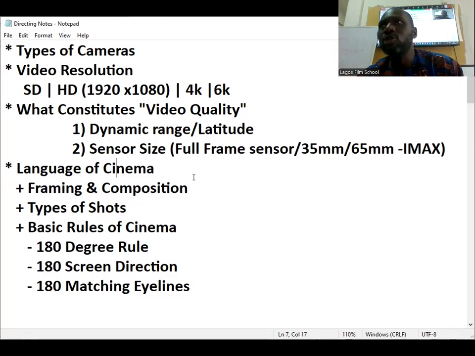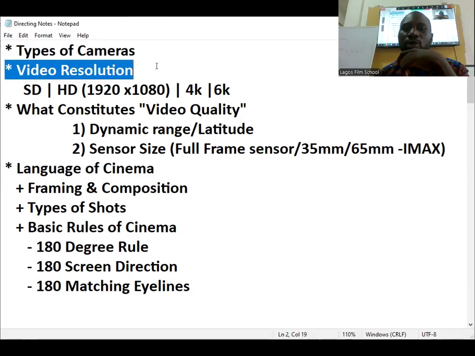After you're done with that, like I would always say, our work is to work from answer to question. Once you know what the end result is, it's easy to rewind and know how to start so that you can arrive at that destination. All right, so with that said, let's take a look at types of cameras, basic video resolution, etc. So let's start with video resolution. We'll talk about types of cameras in a minute. Let's talk about types of cameras.